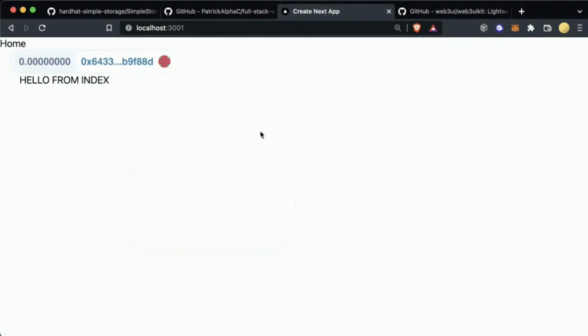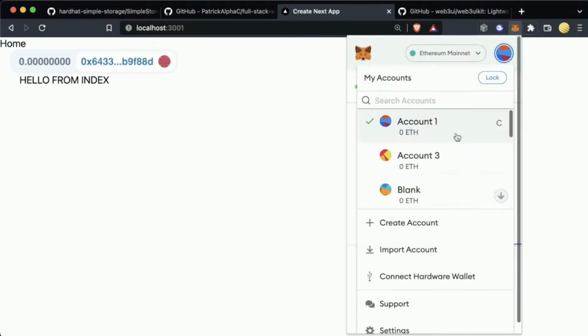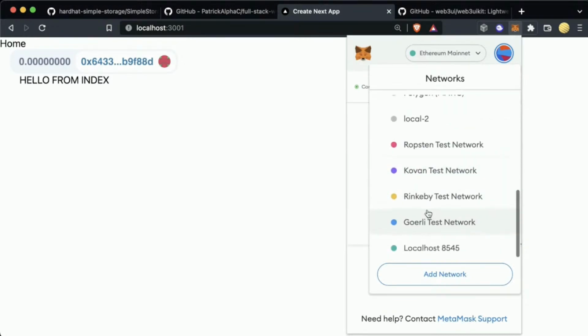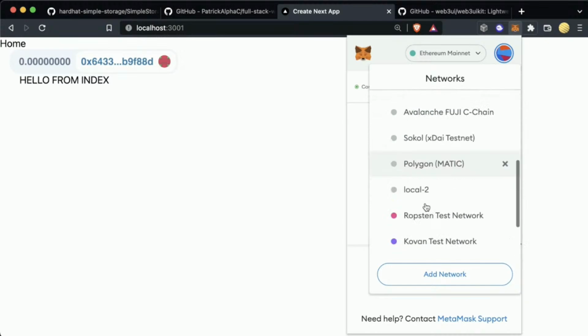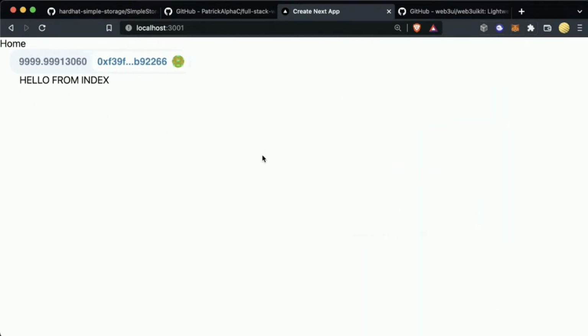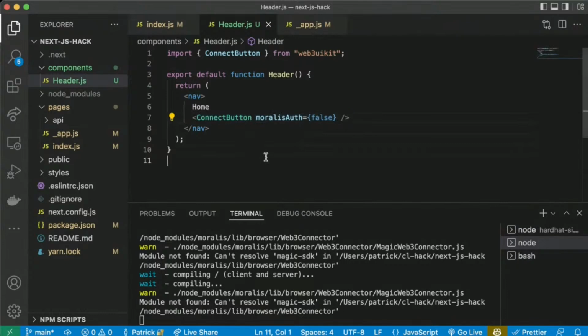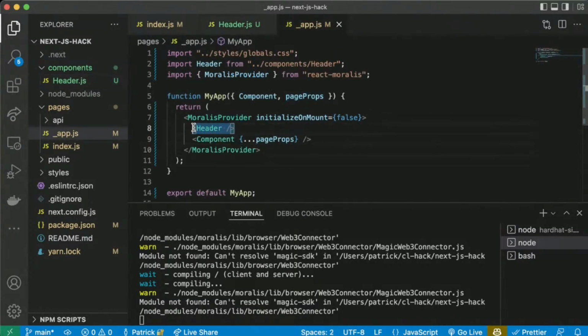So it's really cool because it has all this automatically built in, and it's smart enough that when we switch accounts, or we switch networks, it updates. Let me watch. It says my balance right now is 0. I'm going to switch wallets and it automatically updates. So it's this really, really helpful little connect button, which connects our app easily with literally this one line of code. We didn't even have to have the header. We could have just stuck that connect button right here, but I like to show the header here.